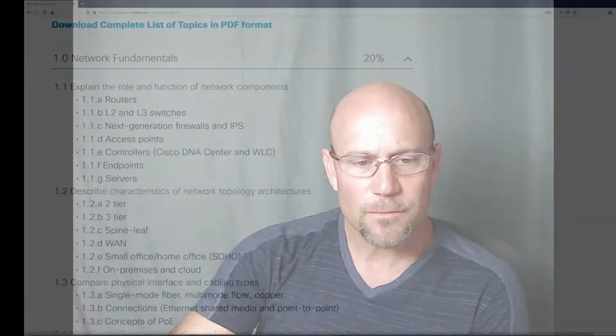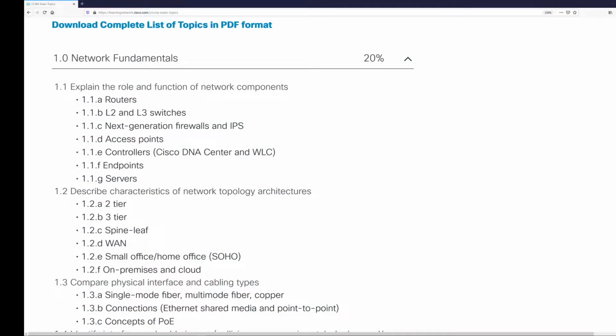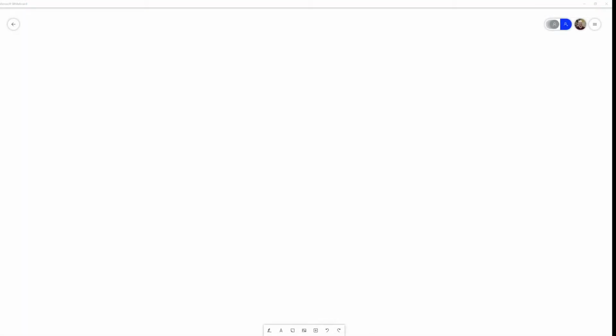Okay, so we are going to focus a little bit more in this second part of this explanation on endpoints and servers and also on layers of the communications model. All right, so I want to go back to where we were talking about the endpoints,